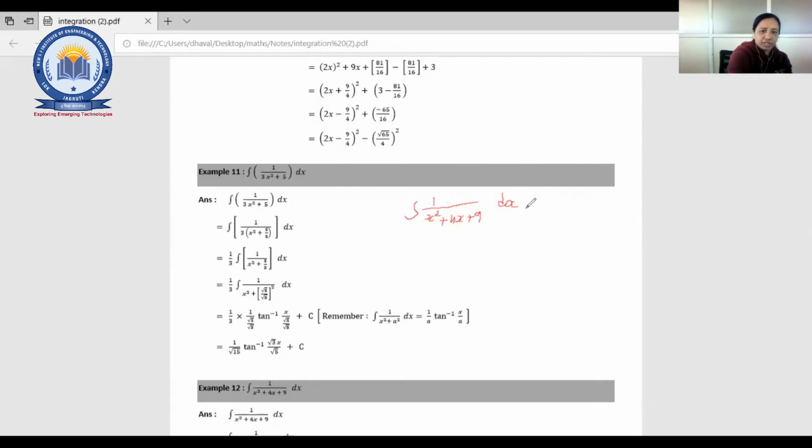Just apply that equation for the last term. Last term equals middle term square upon 4 into first term square. Right? I'll rewrite it here if you want. Last term equals middle term square upon 4 into first term square. Right?